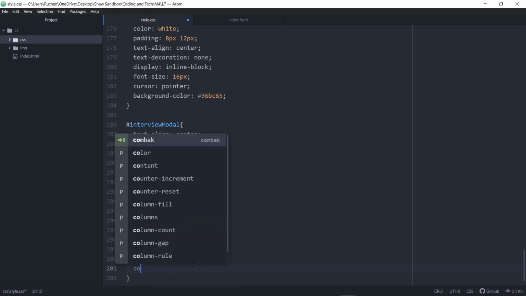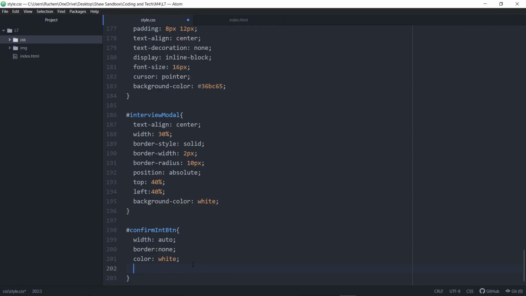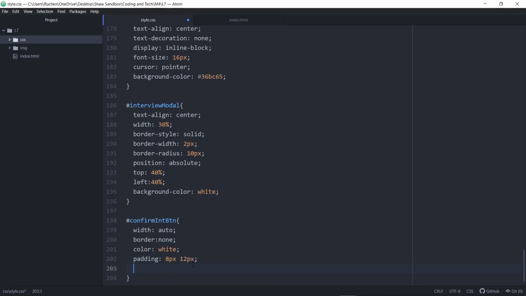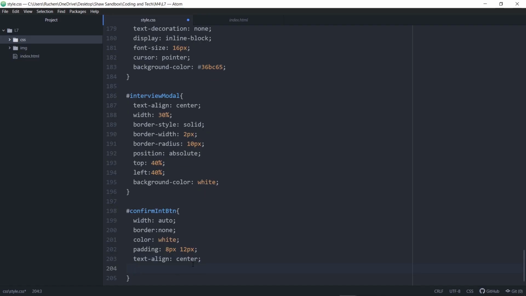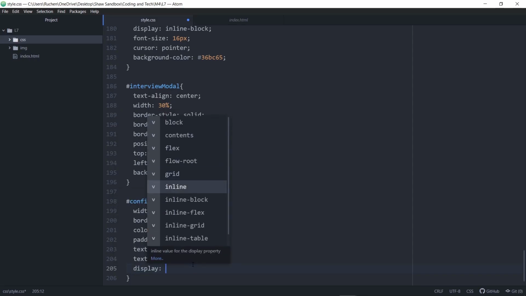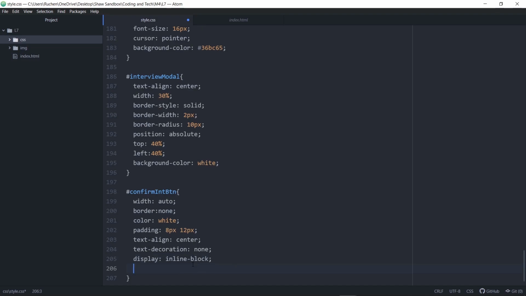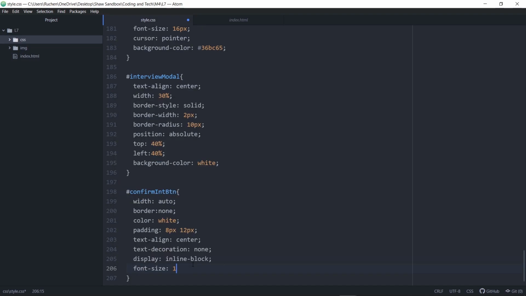I'll give it a color of white, just so that we once again remain consistent with the previous modal that we created. I'll also add padding at 8 pixels as well as 12 pixels. Next, I'll move on to text align and center this. And then once I'm done with that, I will remove any sort of text decoration we might have. After this, I will call display, and again inline block, and set the font size over here equal to 16